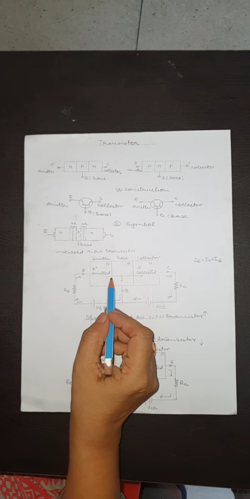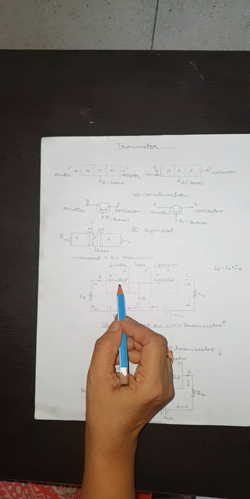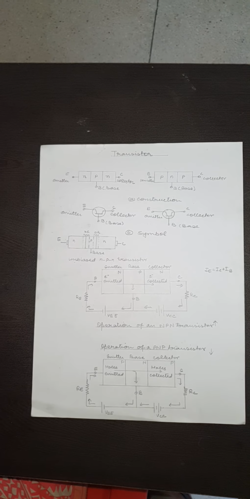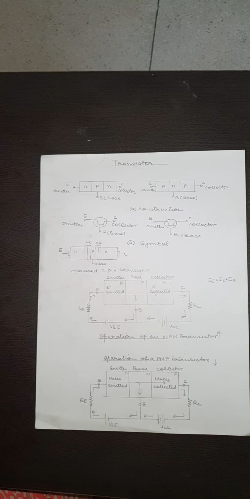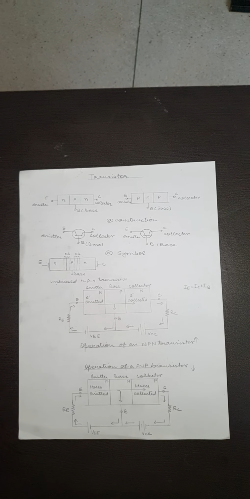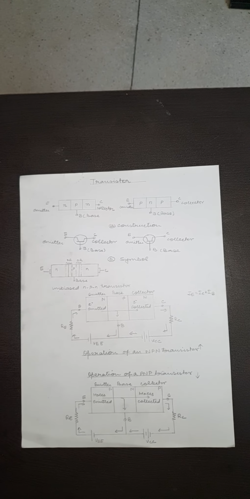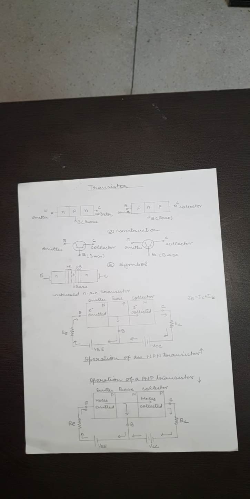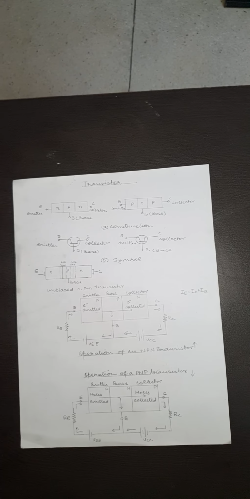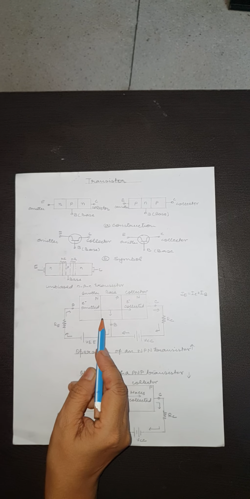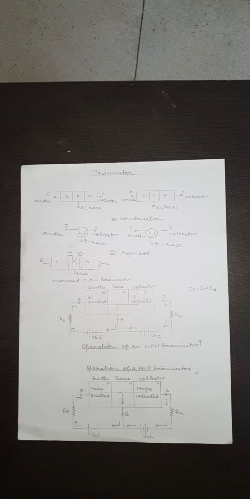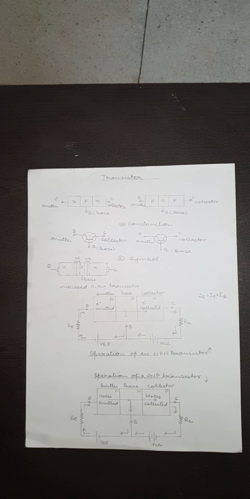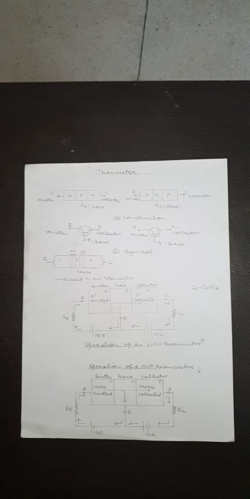base. Holes will also flow from P-type base to the N-type emitter, but as base is more lightly doped than emitter, almost all the current flowing across emitter base junction consists of electrons entering into the base from emitter. Hence, electrons are majority carriers in NPN transistor. Some of the electrons entering into base region do not reach the collector region. Instead, they flow out of the base terminal via base connection due to recombination.